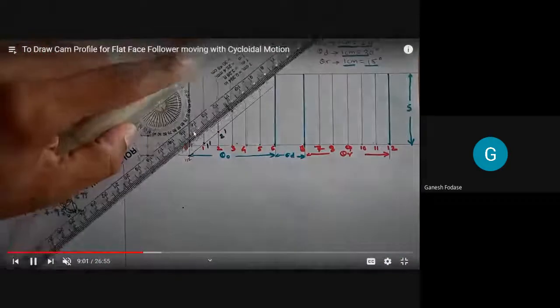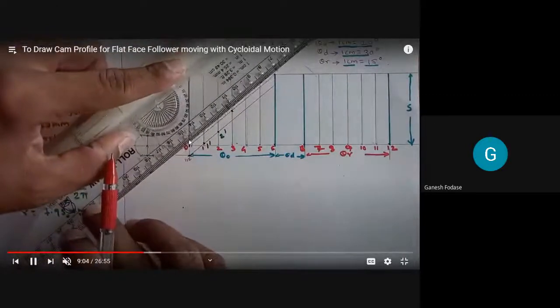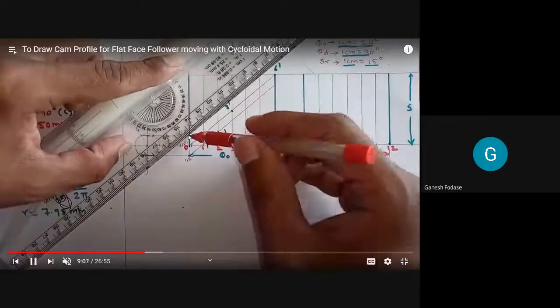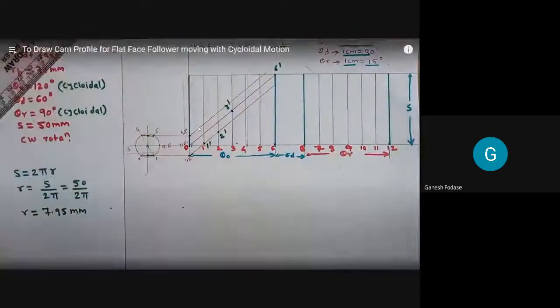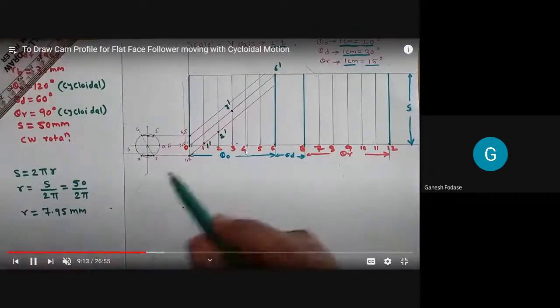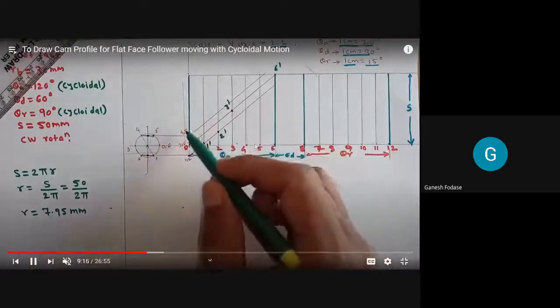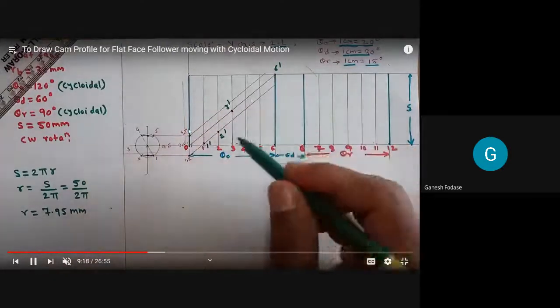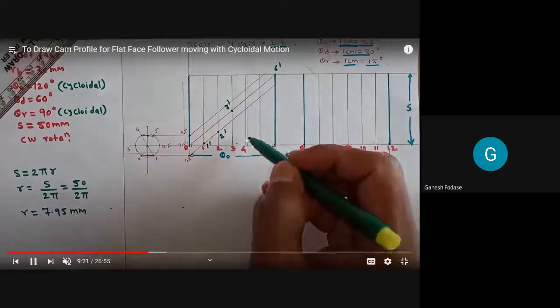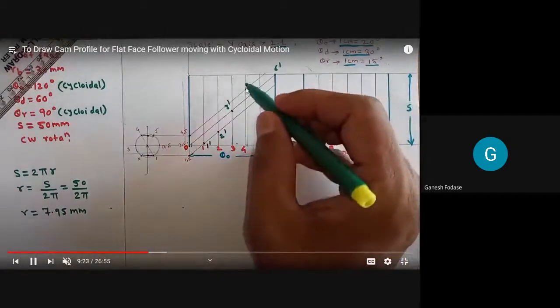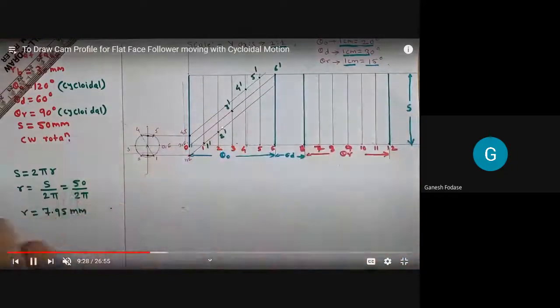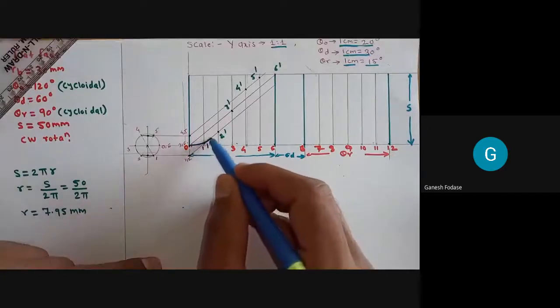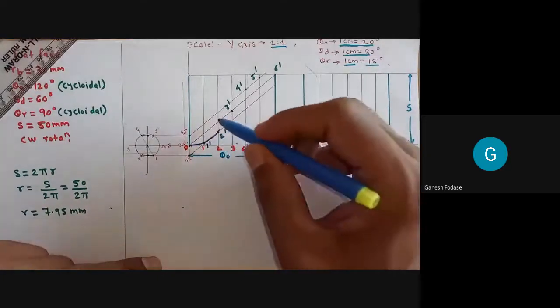So to get the projection of 4 and 5, just draw a line parallel to the diagonal passing through the projection of 4, 5. Whenever this line intersects the vertical projection through 4 and 5, it will be 4 dash and 5 dash. Now see here, it is the projection of 4, 5, this line. It intersects the vertical projection through 4 at this point, so it is 4 dash. Here it is 5 dash. So we get 1 dash, 2 dash, 3 dash, 4 dash, 5 dash, 6 dash by doing this procedure. Now join these points by a smooth curve to obtain a cycloidal curve.